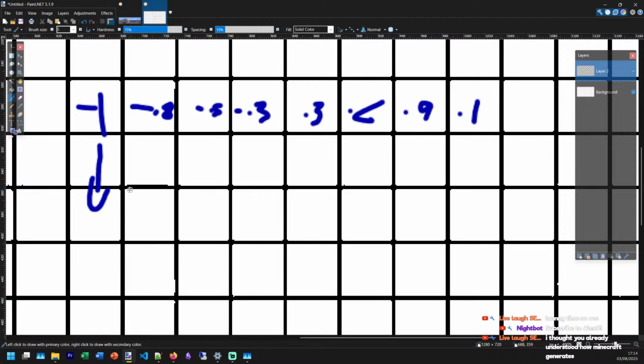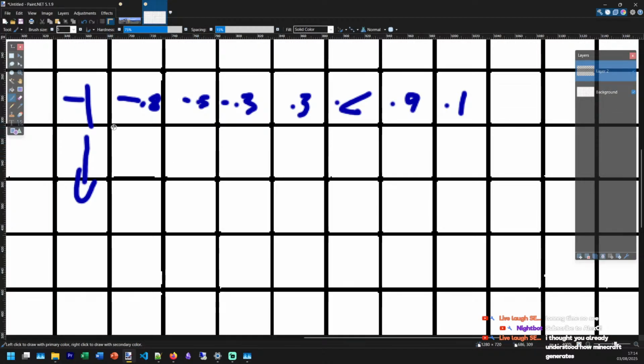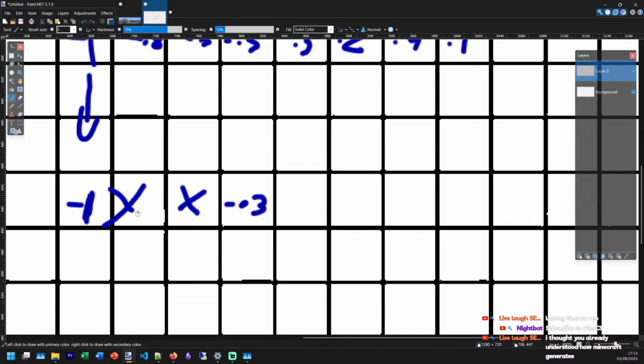So what I think is going on is that we need to work out how Minecraft does it. It's not like this. What they do is, no, 0.1, negative 0, negative 1, my bad. Skip this, that's negative 3. 1, 2, 3, 4.